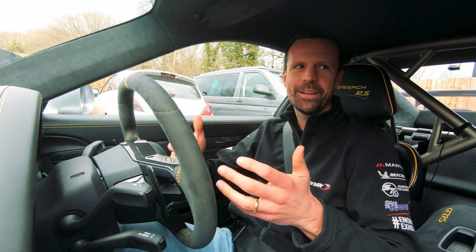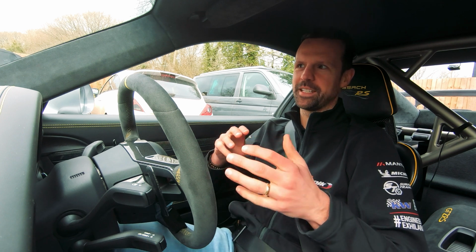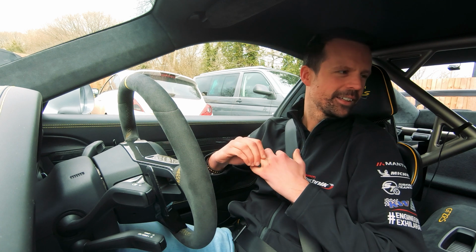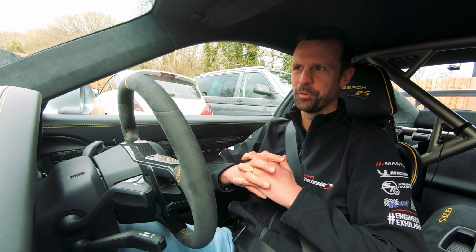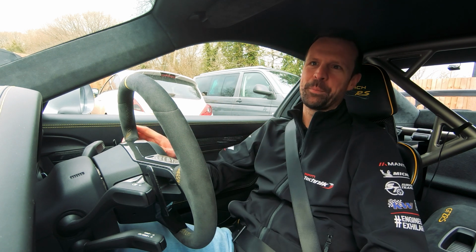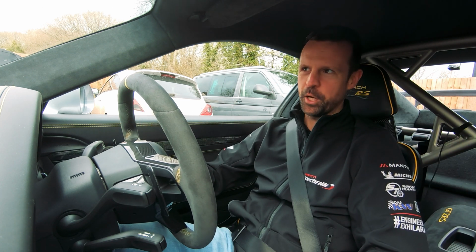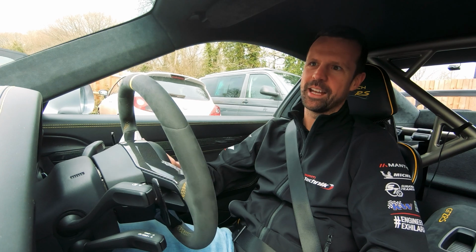But it's that buzz that you get from the ownership of one of these cars that adds to it as well. And that doesn't mean you're going at silly speeds, which is all good anyway, but that's part of it. So anyway, little insight to real world ownership of one of these beasts, and yeah, check out the